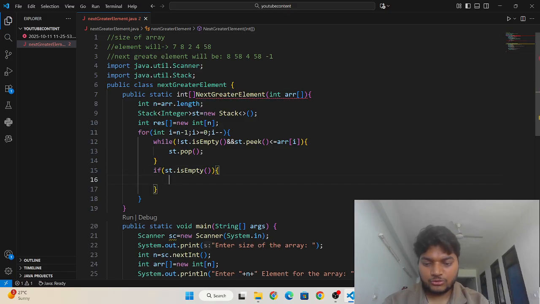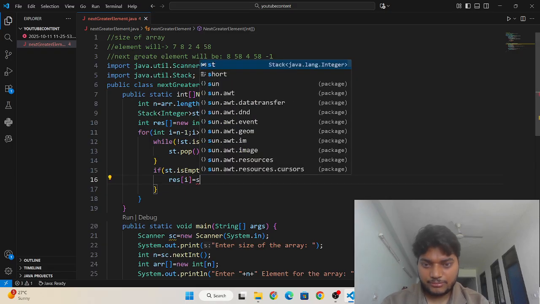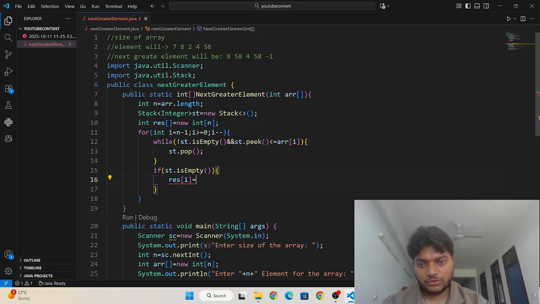If the stack is empty, our result will be minus 1, because the stack is empty, there is no greater element present. So it will print minus 1.